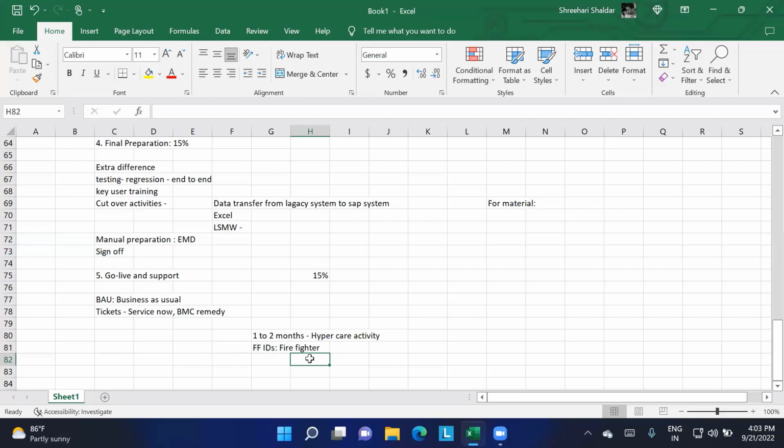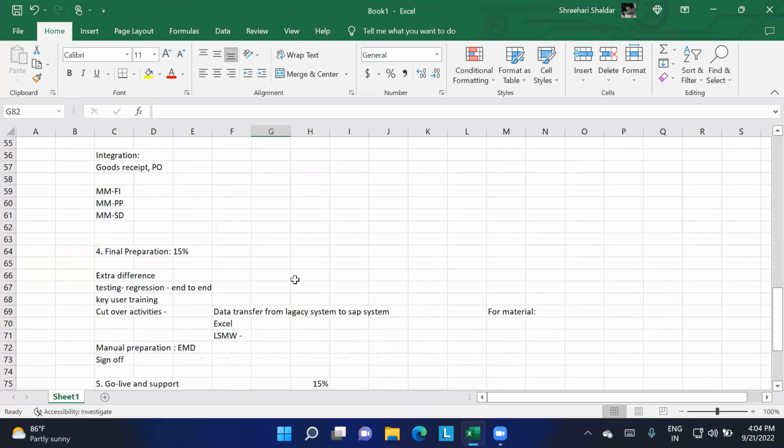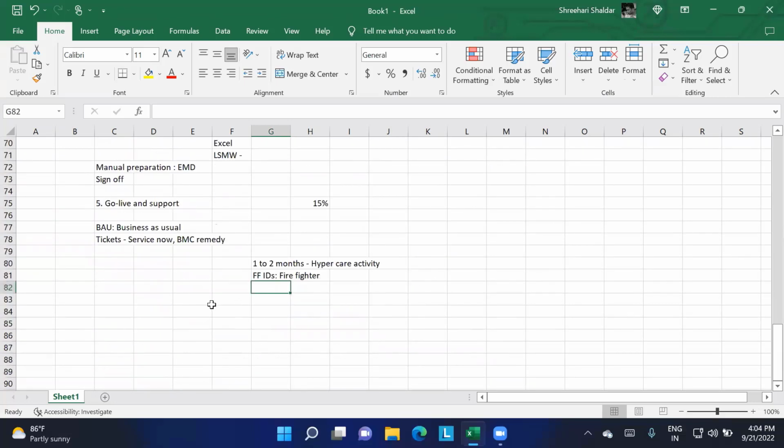We need to be very careful in the production server, because if any data goes missing, the entire business could collapse at some point. So we need to be very careful in this particular phase. We need to go through whatever questions or tickets are coming and resolve them, and we should provide proper support for the client. So this is the end to end implementation activity that takes place.